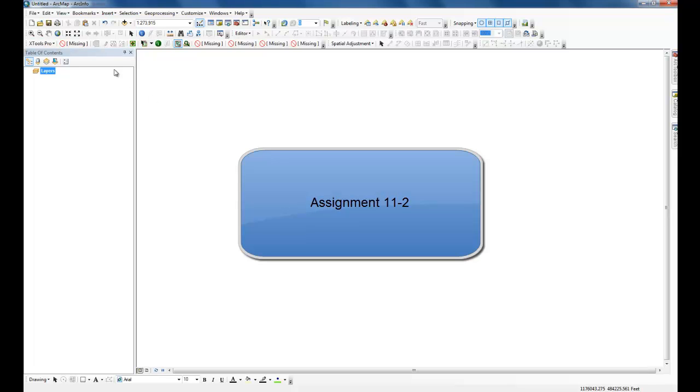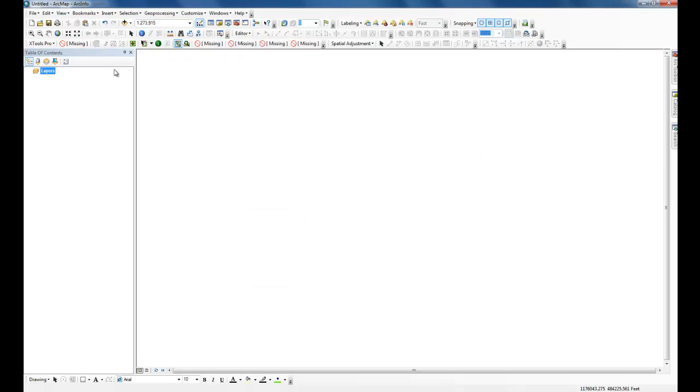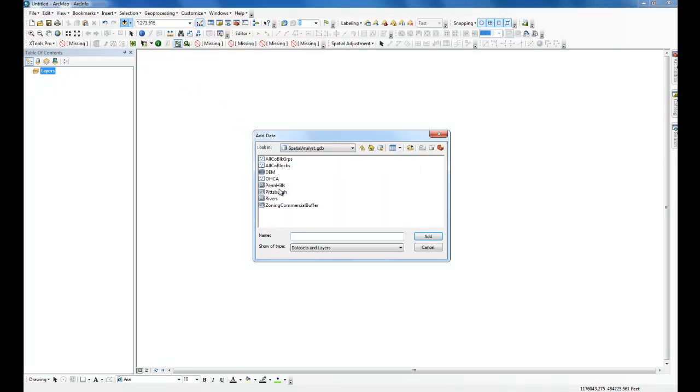Hey guys, in this assignment 11.2, we need to create two raster layers, one for male and one for female heart attack fatalities outside the hospitals. So we need to do this inside a model builder. Let's get started. First we need to add the data that we need, which is actually all county